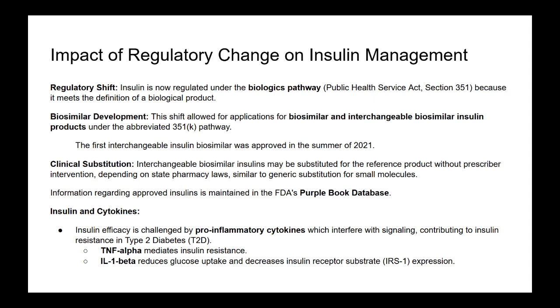Interleukin-1 beta, IL-1 beta, is another cytokine implicated in impairing pancreatic beta cell function, insulin production, and reducing glucose uptake stimulated by insulin. So, in essence, the effectiveness of the insulin therapy is being hampered by pathogenic endogenous biologics, these inflammatory cytokines. Precisely, it highlights the deep interplay between metabolic health and the immune system, and how biologic pathways are central to both health and disease, even for a therapy as established as insulin.